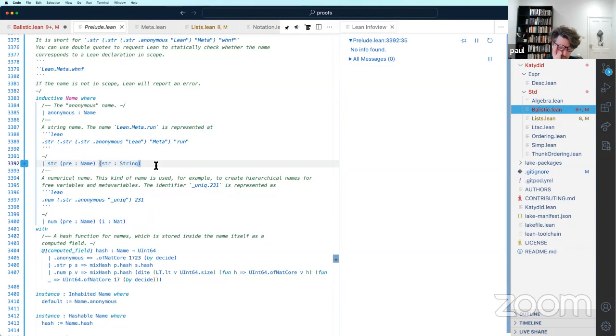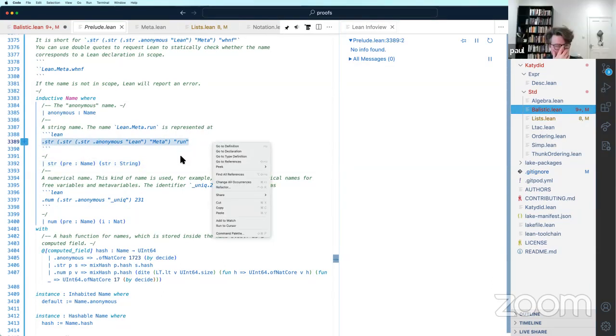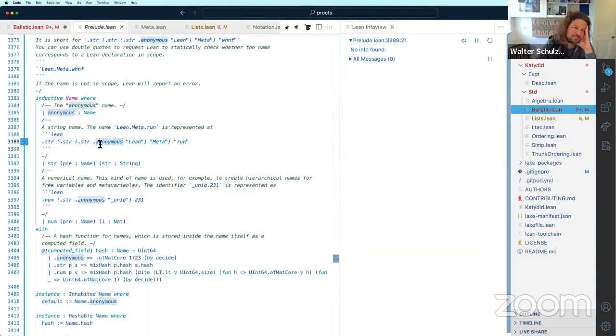So a string name is what? Dot string. So you should be able to do a toString on this.